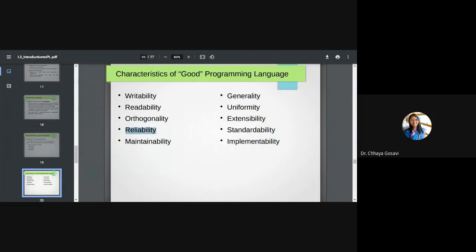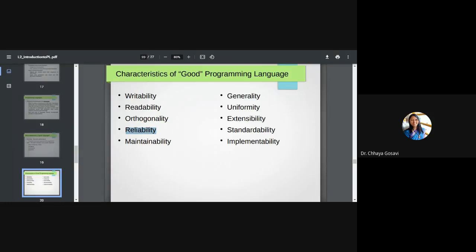Next is reliability. Reliability means if your program is working for say 5 numbers, and if the user enters a 6th number and it shows an error, then that is not a reliable program. A reliable program means for any input it should give the desired output. So if you purchase a watch, a reliable watch will show you the exact time anywhere you go. But if it is lagging or leading by say 5 to 10 minutes or seconds, then that is not a reliable watch. So reliability depends upon how you write a program, how you create the code.